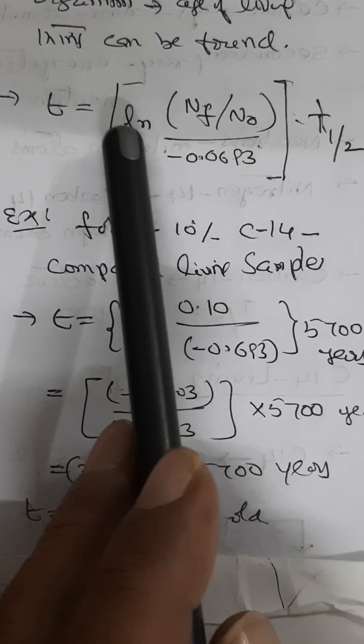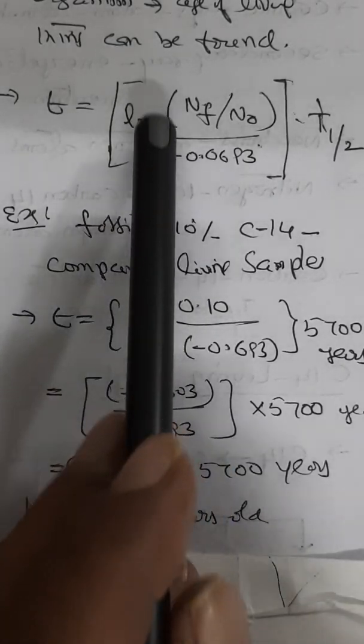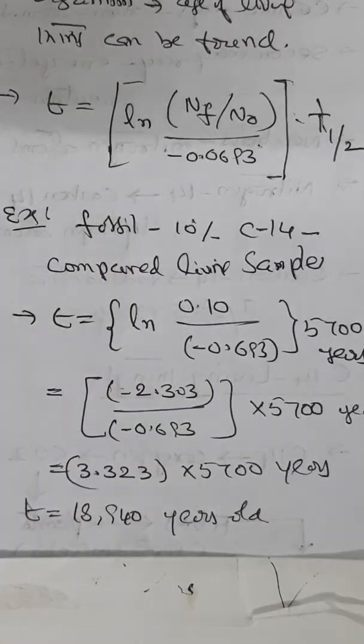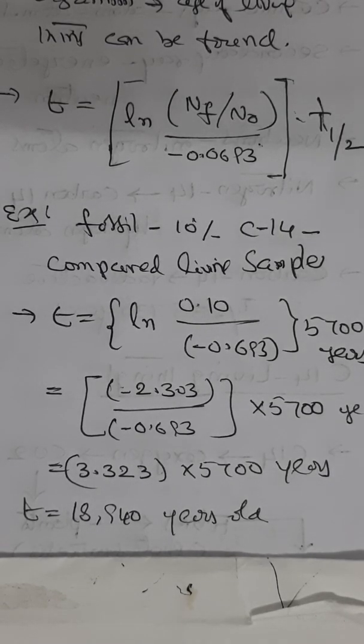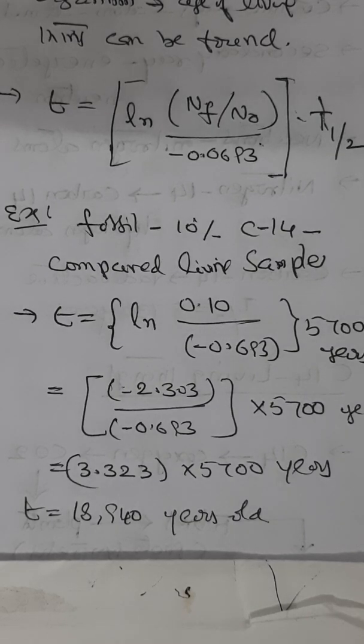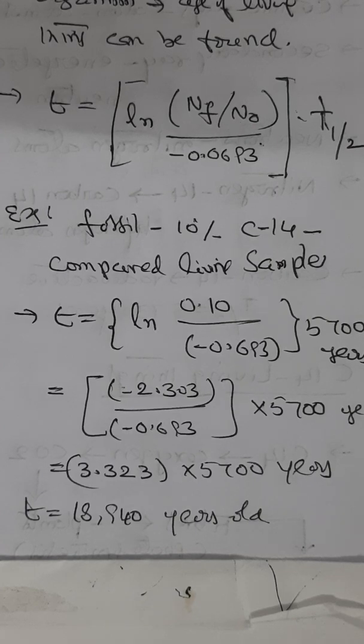This is how the archaeological department will calculate the age of a fossil. Because the half-life of carbon 14 is 5700 years, it is only reliable for dating objects up to about 50 to 60,000 years old. However, the principle of carbon 14 dating applies to other isotopes as well. For example, potassium 40 is another radioactive element naturally found in our body, and it has a half-life of 1.3 billion years.